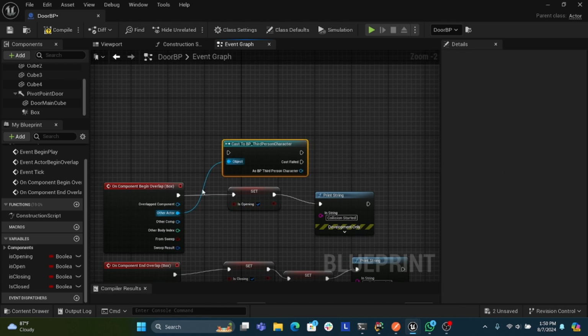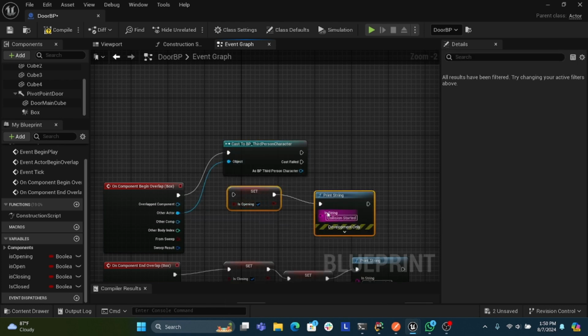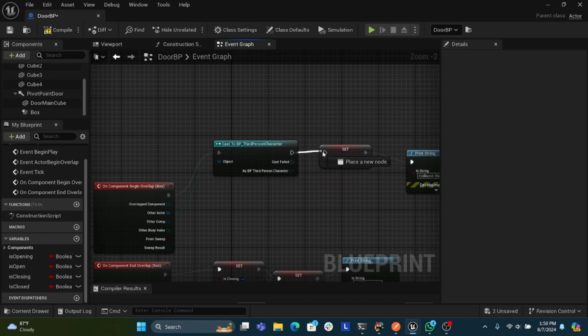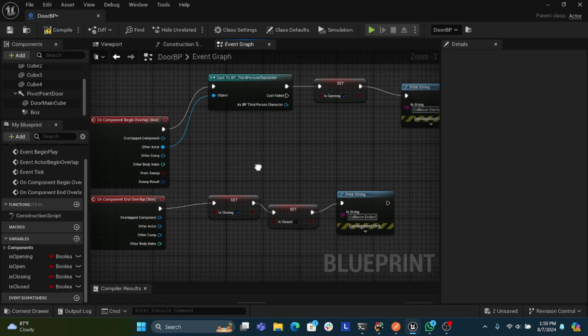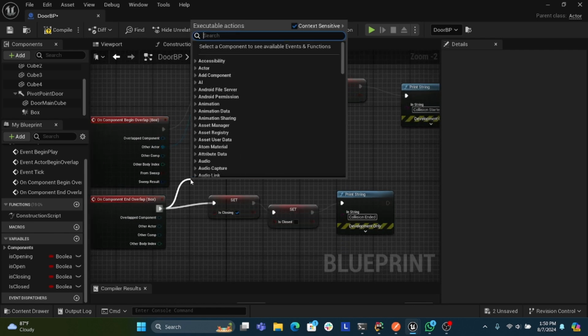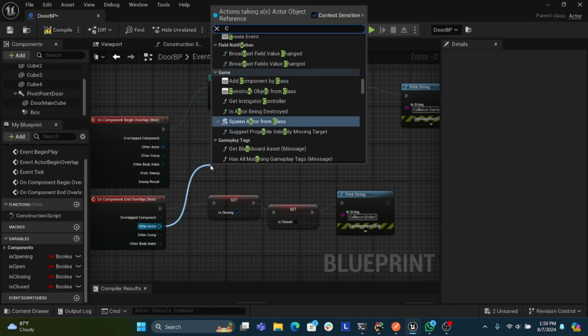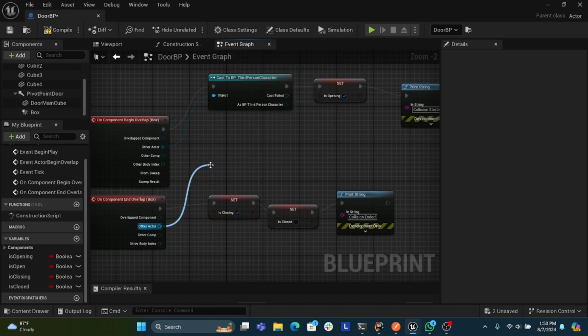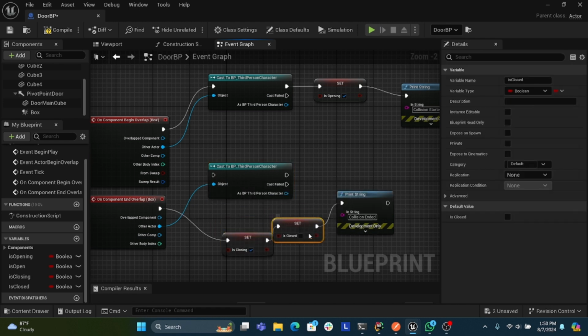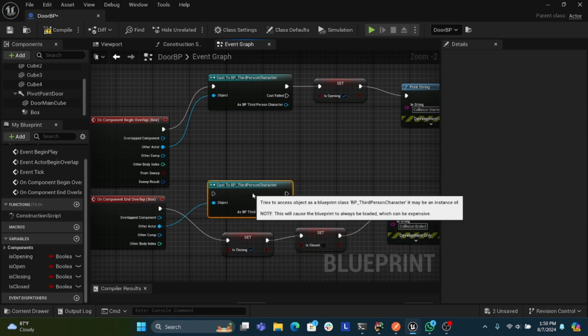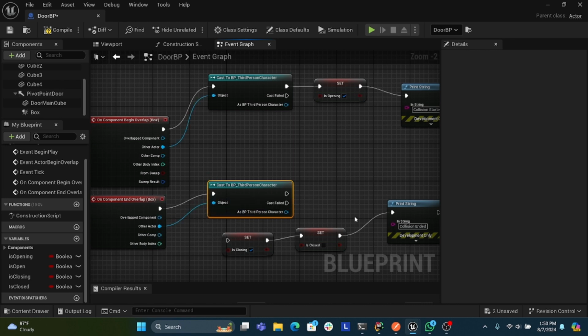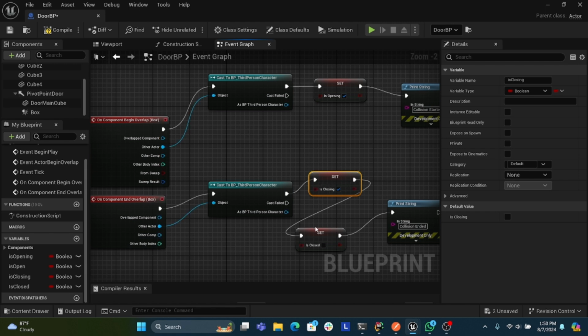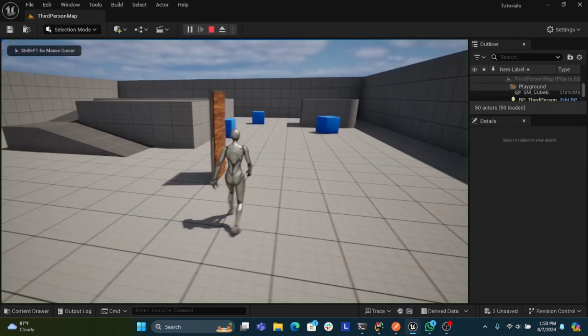So it means that when the third person casting is successful, which means that it's actually that third person character, then we will do this. We will do the same with this: click on the other actor and cast to third person character, or whatever your character blueprint name is. You might have your custom characters, you can just change it here. So just connect these true conditions, and now let's see if it behaves the same way,